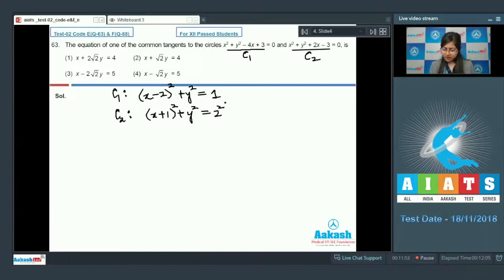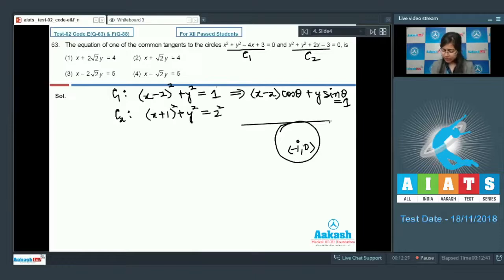Now the equation of tangent on this circle will be x minus 2, that is cos theta, plus y into sin theta equal to 1. This is the equation of tangent on circle C1, right? Now let us say this is the circle C2 which has center minus 1, 0, and let us say this is the tangent on it. So distance from center to the tangent will be equal to radius, that is 2, right? So here 2 will be equal to